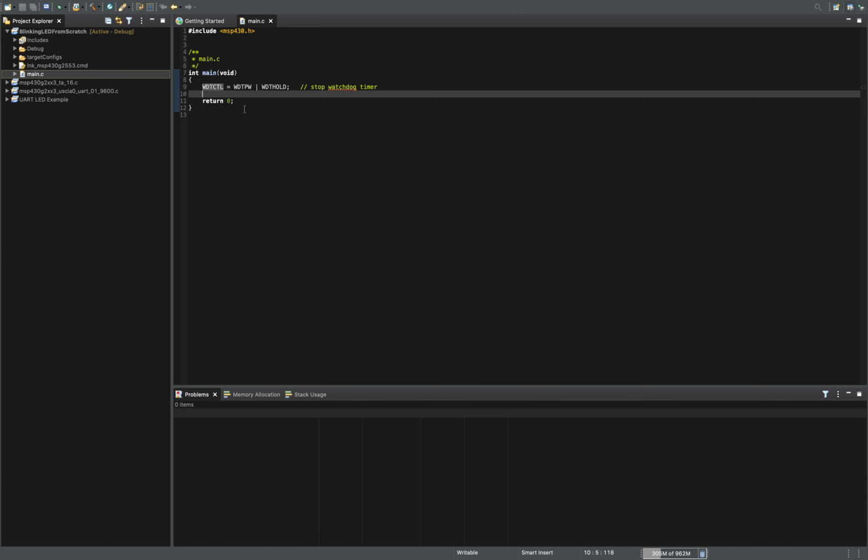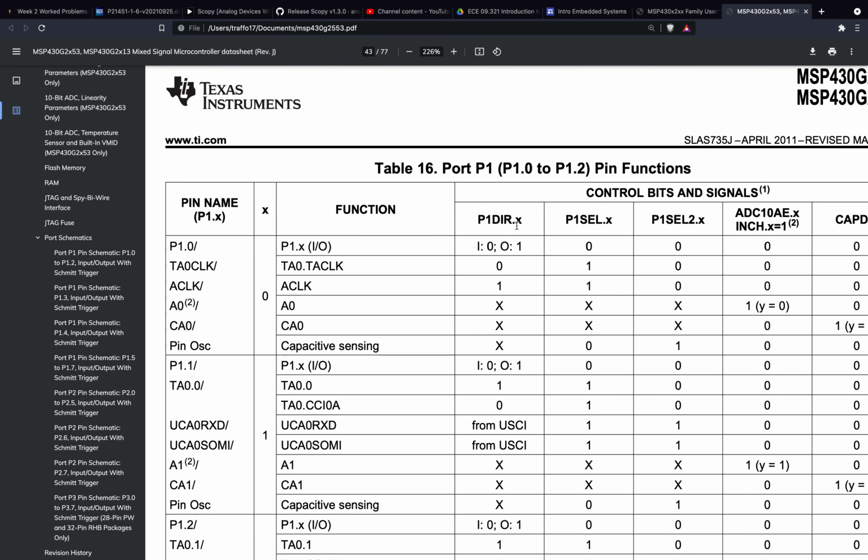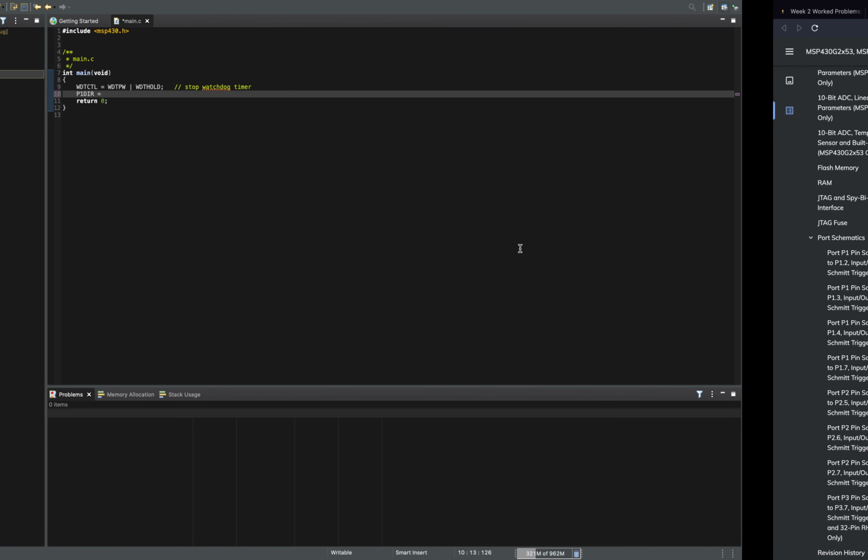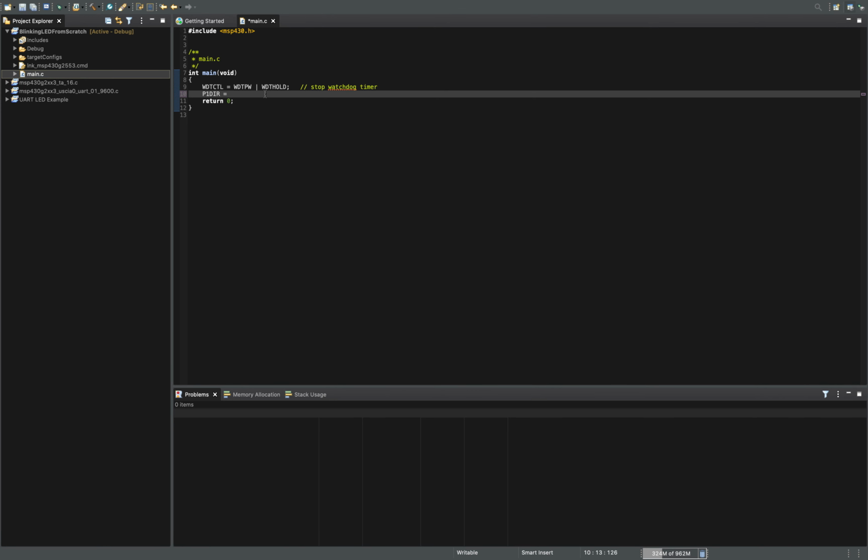So what I need to do here is say, okay, I'm using pin 1.0, so P1DIR is equal to, and this is an 8-bit register, and I'm trying to set bit 0 equal to a 1. I can do that a couple ways. I could do it destructively, meaning that I don't care what's in P1DIR. I'm just going to overwrite it with my macro for,